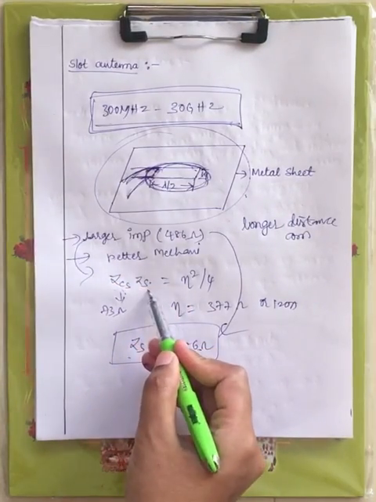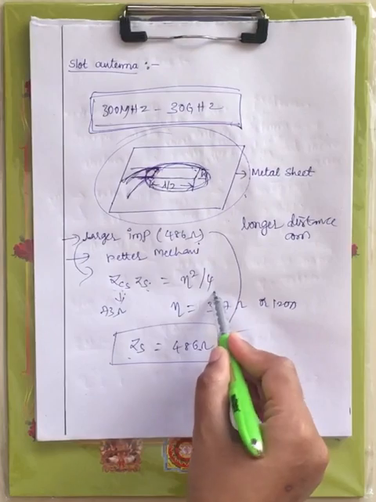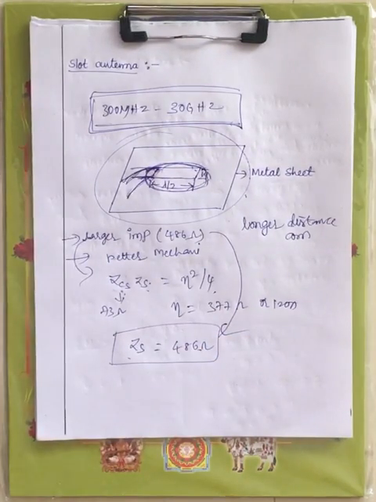Complementary slot impedance times its slot impedance is given by eta squared by 4, and the complementary slot impedance for the given slot antenna is 73 ohm. That is fixed. If you calculate with eta as 120 pi or 377 ohms, you'll get 486 ohm, which is the highest impedance provided for the slot antenna. You can place the slot horizontally or vertically on the metallic sheet, but among the two positions, horizontal is preferred.